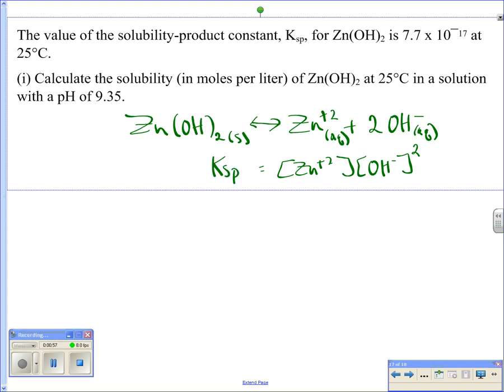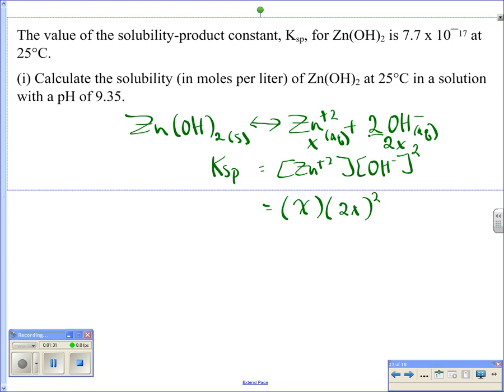Well, we can see what they're looking for is solubility. And what solubility is basically X. It's the concentration of the ion at its lowest level. So it's X. When I work this out, I get X amount of this if this breaks up, but then this is always going to be 2 times more than that. So this will be 2X, or 2 times the solubility. So then if I plug those in, I get X